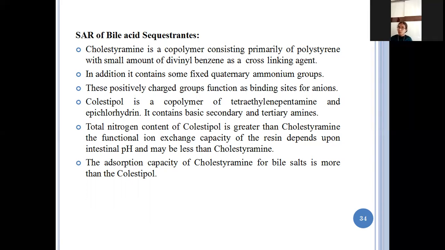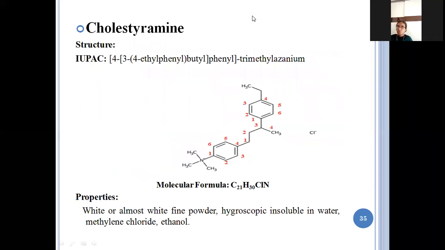The absorption capacity of cholestyramine for the bile acid is more. So absorption capacity is more for cholestyramine when we compare with Colestipol. So the first drug is cholestyramine. This is the structure. And the IUPAC name is